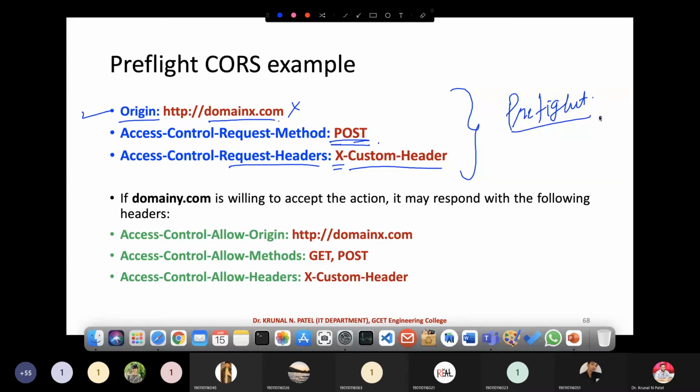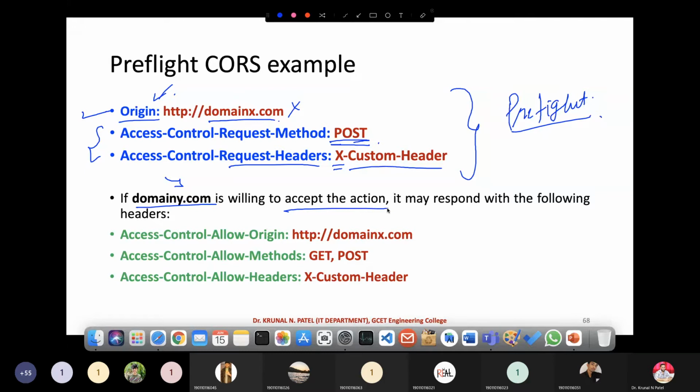In the earlier example, if you have noticed, we sent only one origin. But now we are additionally sending another request. Now if domain Y is willing to accept the action, it says, okay, I'm fine with these configurations, and I'm going to send you the response.